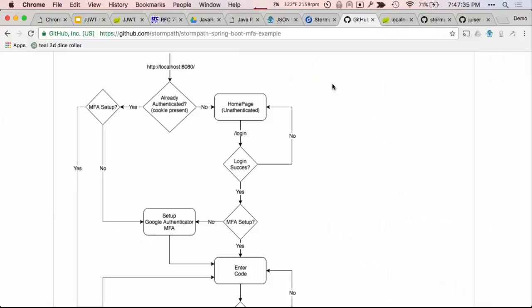So for this particular use case, there are a lot of different flows that you can implement, and if you've ever used a site that makes use of MFA or two-factor authentication, there are different ways that you can do it. Some sites will have you put in that second factor every single time you log in. AWS does that if you've enabled two-factor. Some sites might even have a checkbox like, don't bother me with MFA for the next 30 days on this machine. I wanted to keep it simple, so this particular flow that I implemented does the Amazon thing. Every single time you log in, you have to put in that second factor.